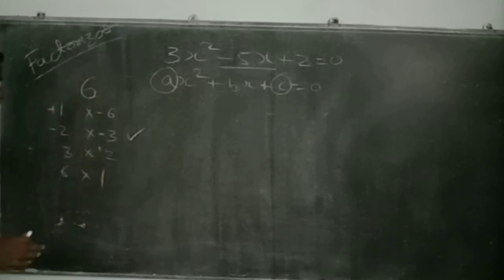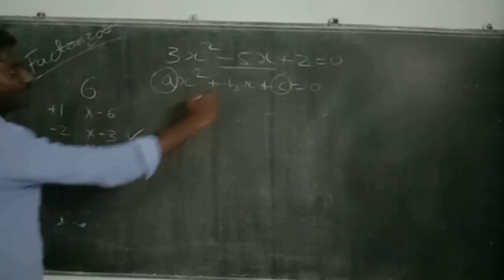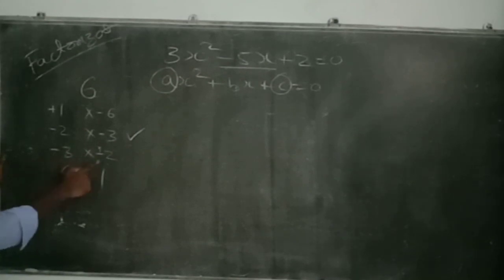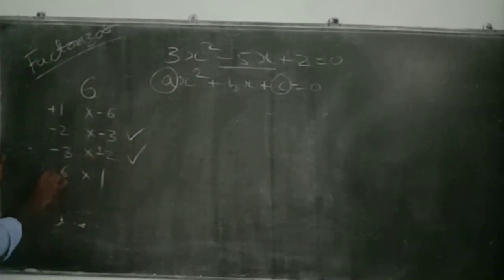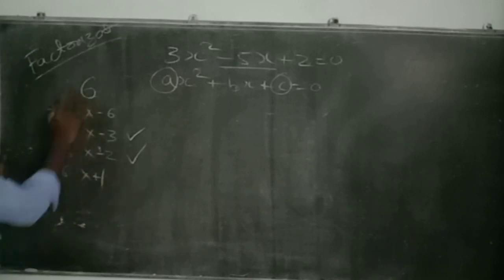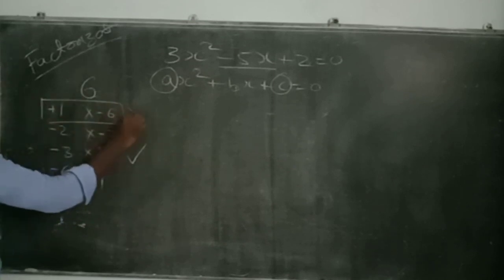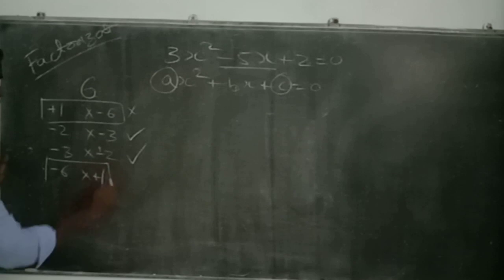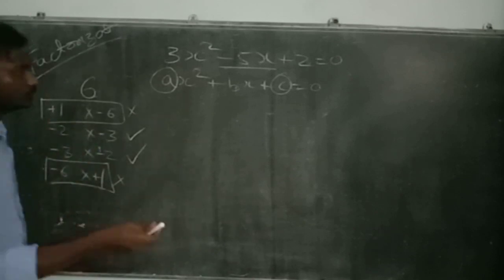So I am not going with this value, 1 into minus 6. Again, I am getting minus 3 into minus 2. I am again getting minus 5x, and minus into minus is plus, 3 twos are 6. So I can go with this value. As these two are minus into plus, which is minus, I am not going with these two values, since they do not satisfy the equation. So I am going with either minus 2 and minus 3, or minus 3 and minus 2.